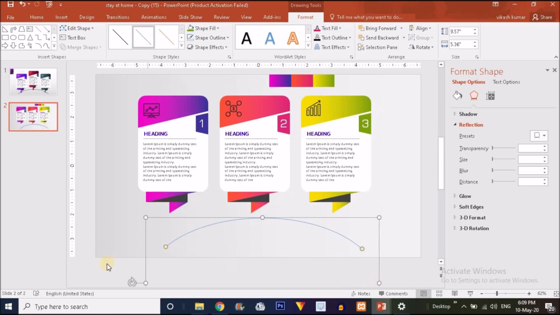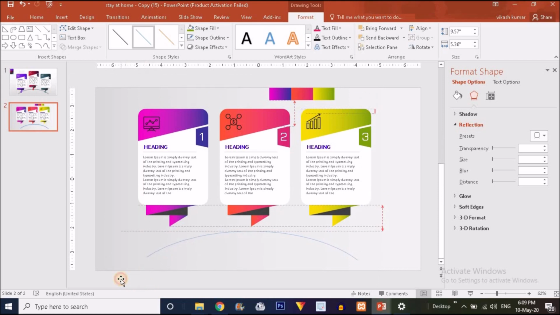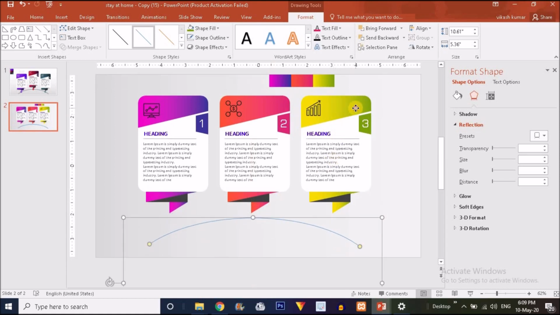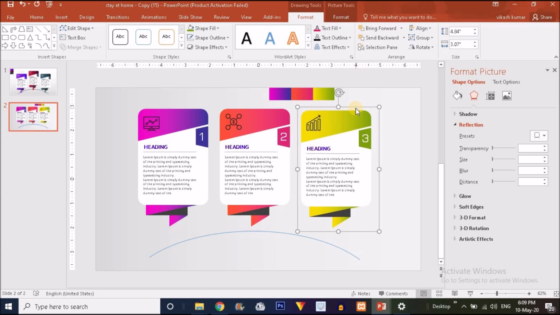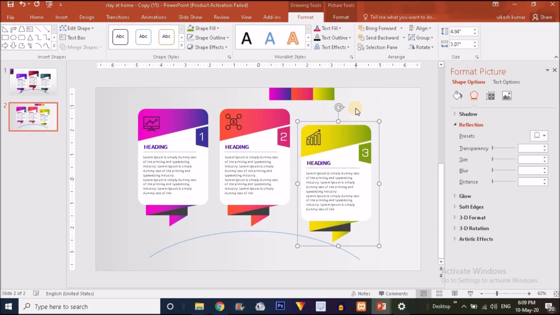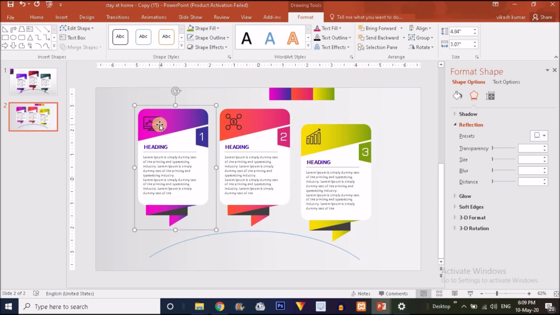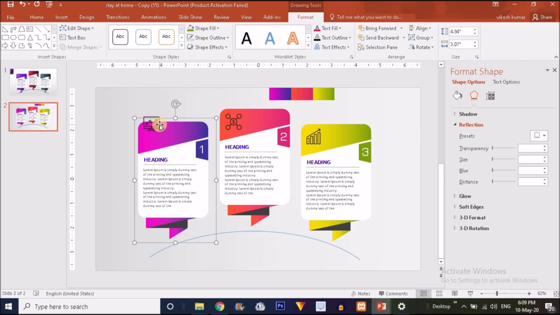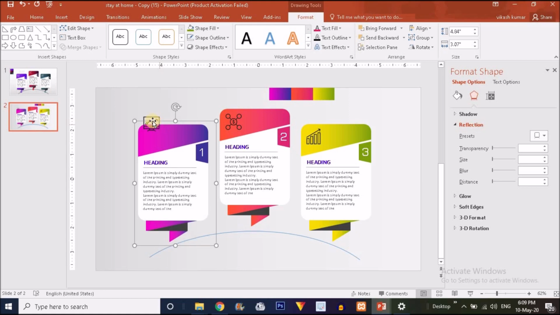Now just drag it over here and drag it to the left. Now choose this right-sided shape and put it over here like this. Again choose this shape and bring it to the bottom.